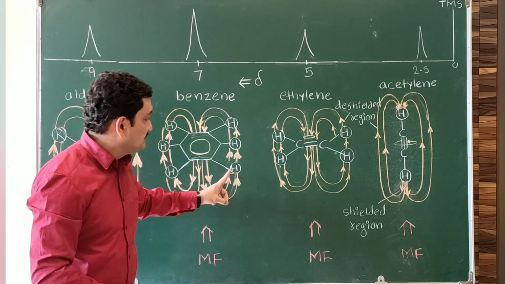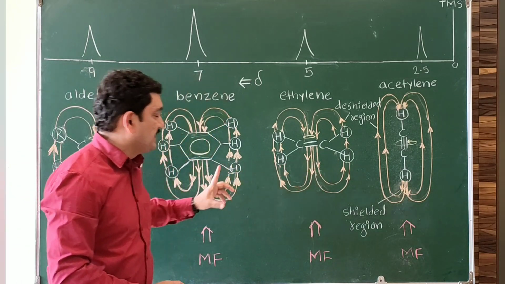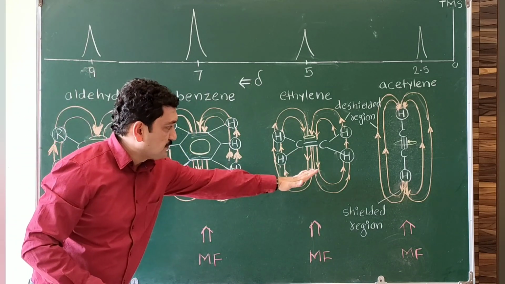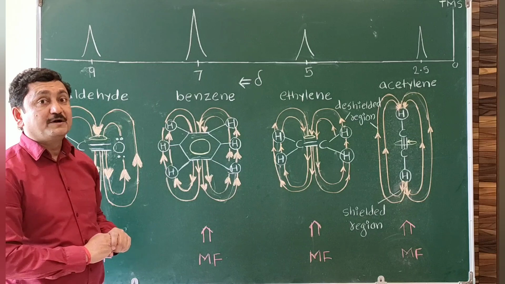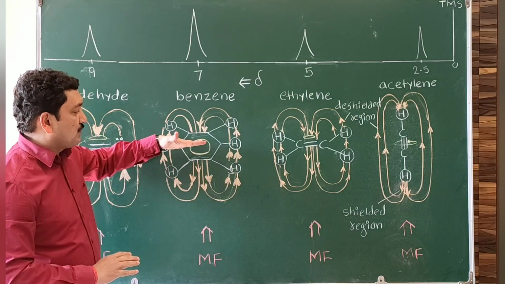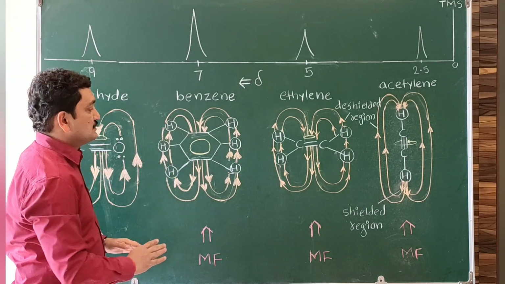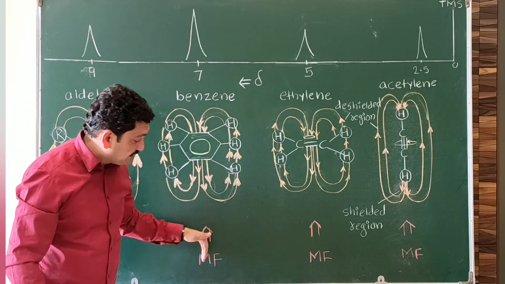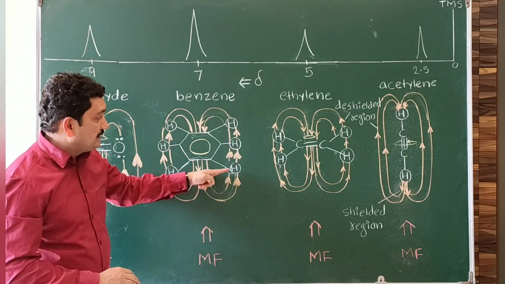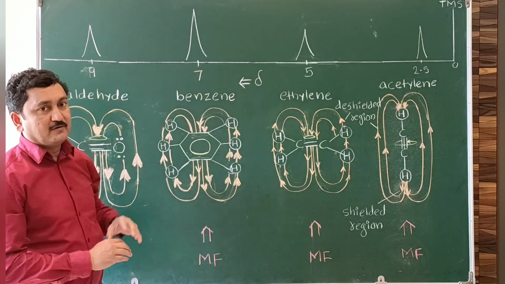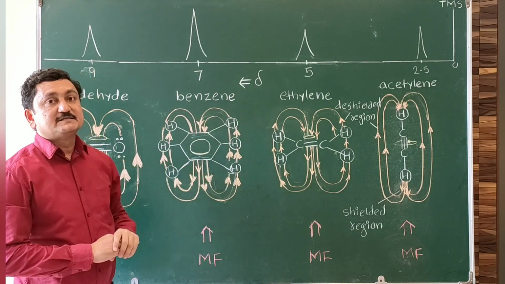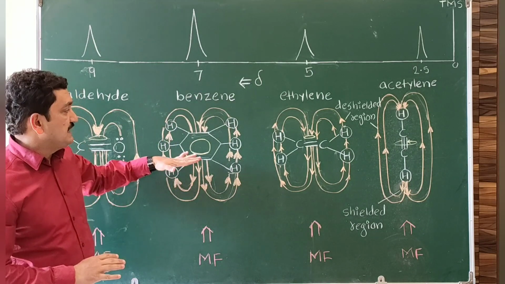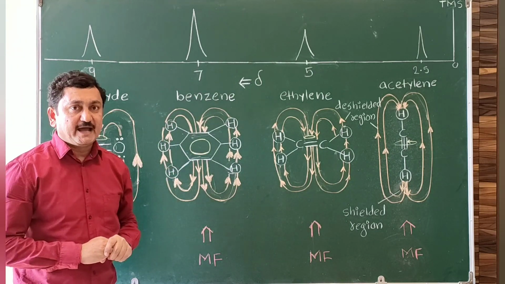Both ethylene and benzene hydrogens are present in the de-shielded region where the secondary field helps the external one. But compared to ethylene, benzene hydrogens are more de-shielded because there are more pi electrons and pronounced shielding and de-shielding. So it has powerful de-shielding. So comparatively less magnetic field we have to supply. So comparatively they will give the signal at higher delta value. Benzene hydrogen gives the signal between delta value 6 to 8.5. So benzene hydrogens are also de-shielded hydrogens.